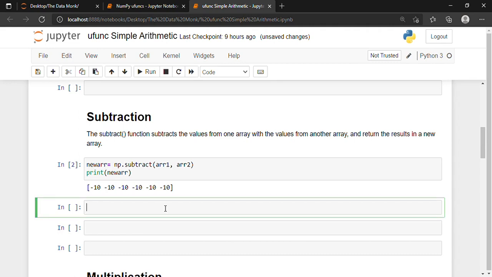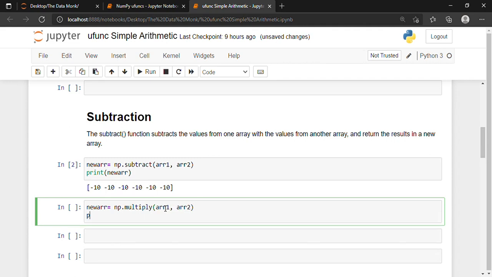Multiplication. How can we do multiplication? We will just write new arr is equal to np dot multiply, array1 comma array2, and simply we will print it.